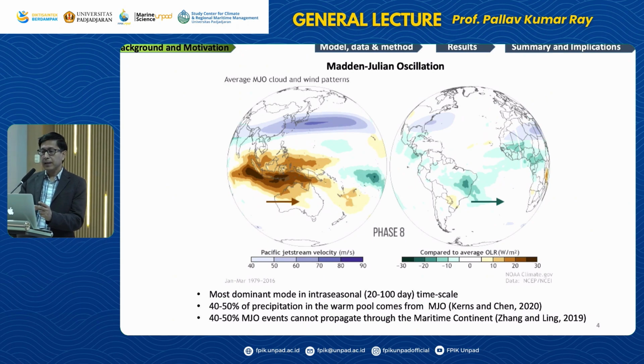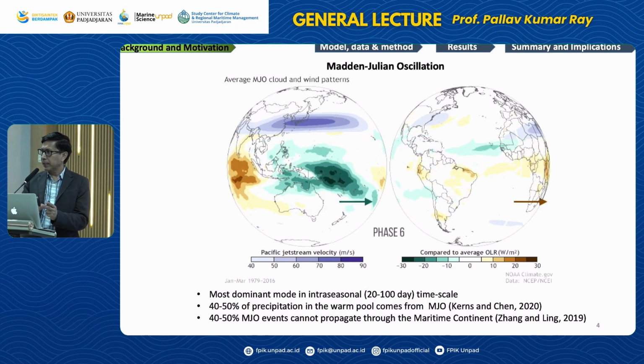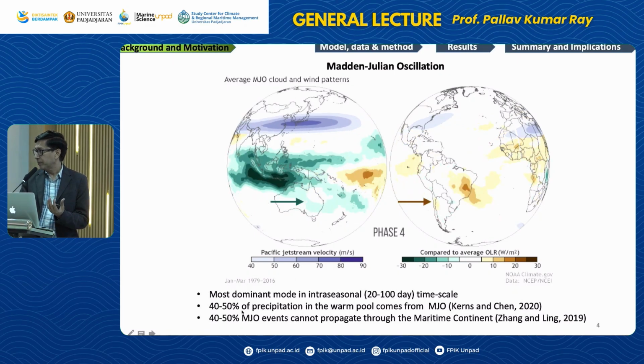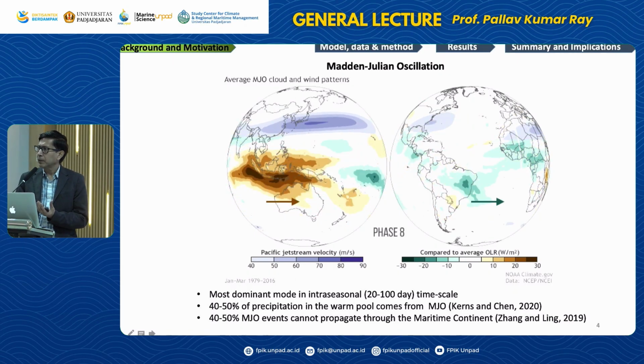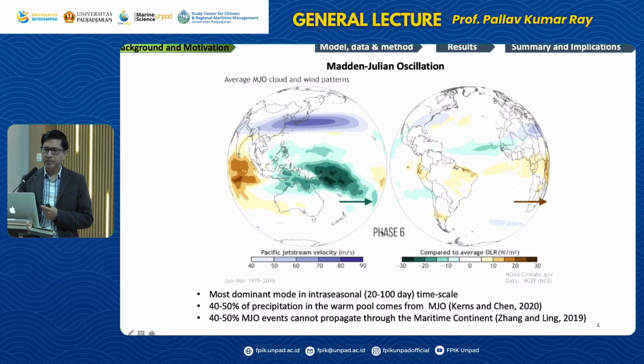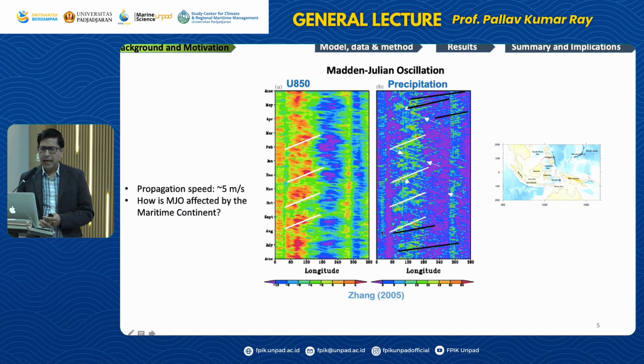MJO in terms of precipitation over a particular region. And when you use those techniques, that amount turns out to be 40 to 50%. So this is a really surprising number that people used to think is much smaller. Okay. And MJO is such an